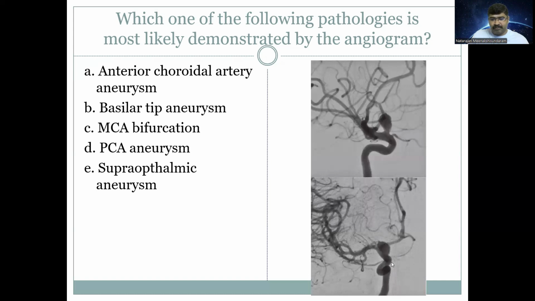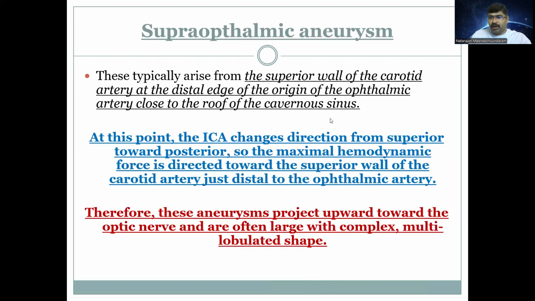Similarly, this is in the AP projection. This is the ICA, which is then bifurcating into the medial A1 ACA and the lateral M1 MCA. And here we are having the supraophthalmic aneurysm. Okay, so this is a case of supraophthalmic aneurysm. To understand the concept behind the supraophthalmic aneurysm, we need to know about the anatomical orientation with the paraclinoid